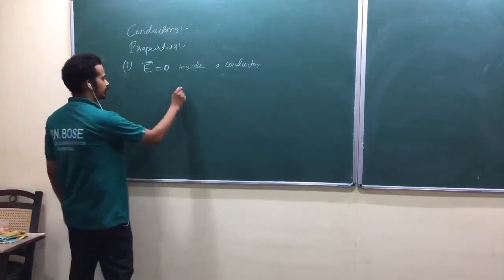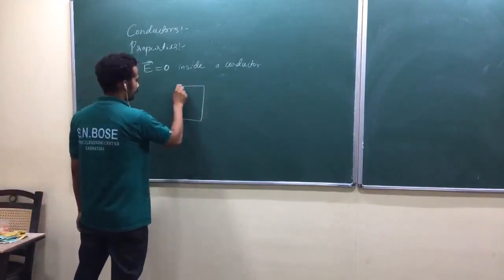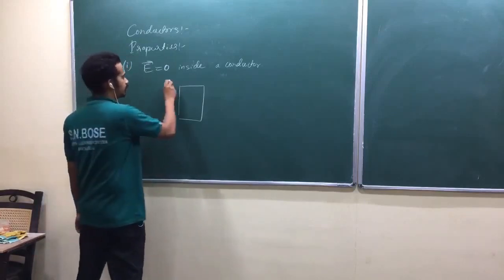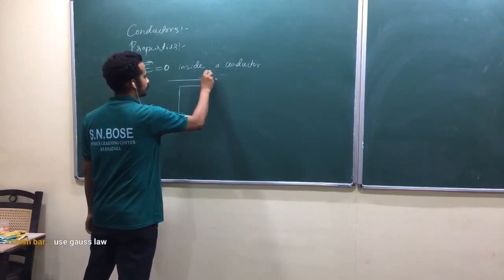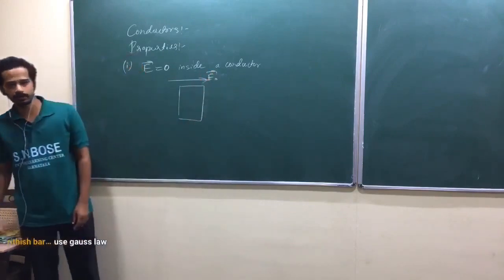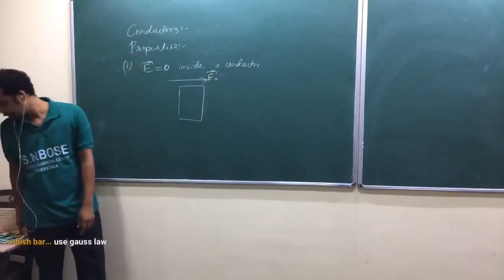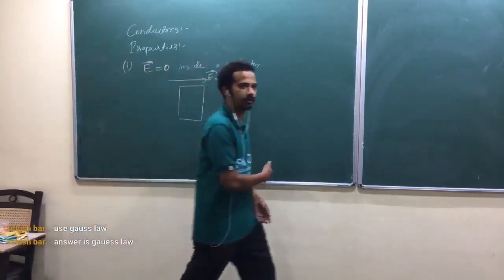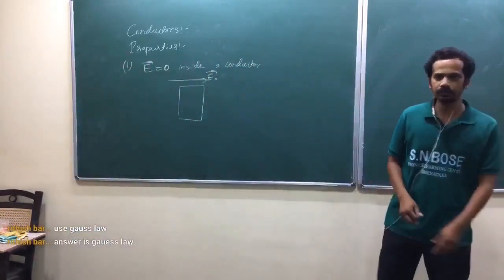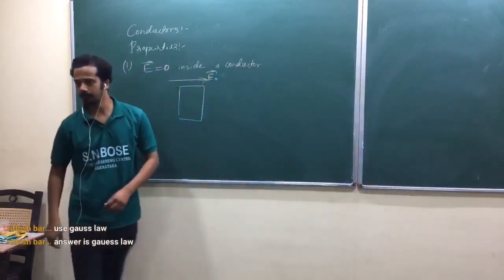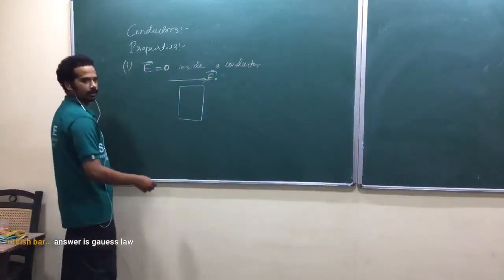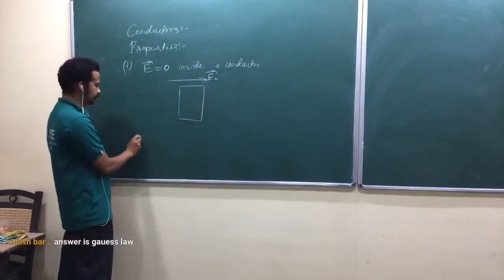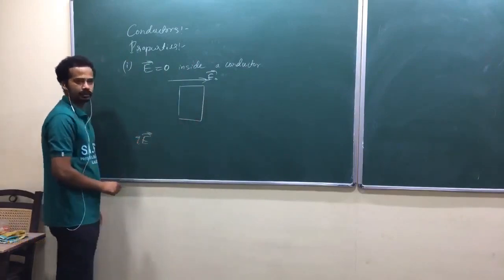So now, look here. I have a slab, a metal slab, a perfect conductor. I am going to place that in an external electric field E0. If I place it in external electric field E0, now electrons will be dragged to one side. I think electrons will be dragged opposite to the electric field. Am I right? Electrons will experience force opposite to the electric field because of negative charge. Q into E is the force, isn't it?